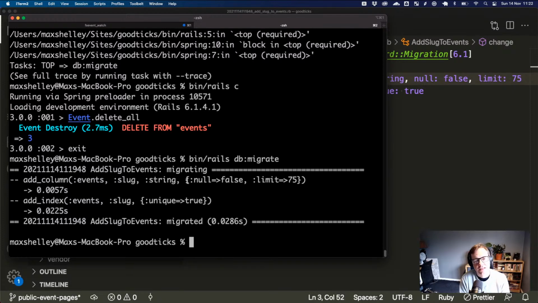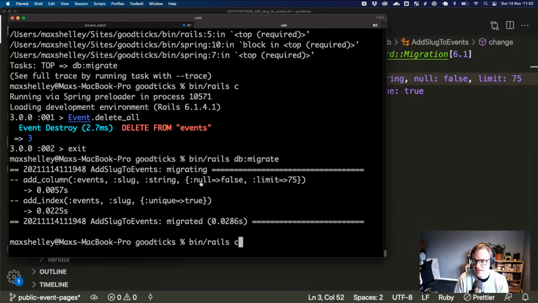What we could have done there is not set the null false. We could have set the column up, gone back, backdated existing data. If it was in production and people were still adding rows, you would add the code that auto-populated when the row got created. So then you would check that they were all backfilled correctly and there was no point at which they were null. Then you could switch the null constraint on the column over. That's one way you could approach it. But it's just an example of how having an app in production means that everything takes a bajillion times longer than just deleting all the events and overwriting it, which is way quicker.